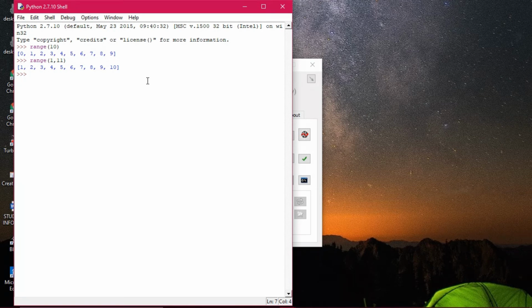Next, I'm just trying another thing for you, that is 0 comma 40 comma 5. You can guess the output. It will start from 0 and be incremented by 5. You see out here 0 5 and so on. Now suppose I give the range in this way, I'm starting from 40 and I will go till 0 and I will go minus 5. Now you see what is happening.